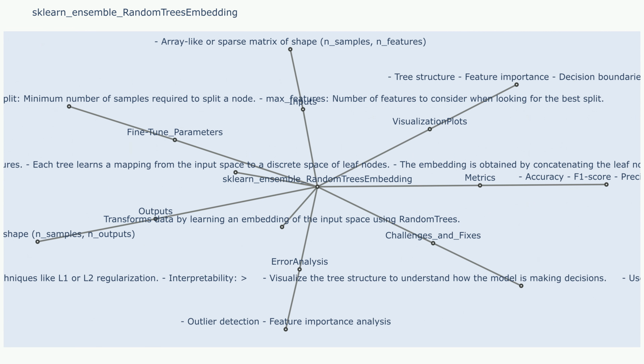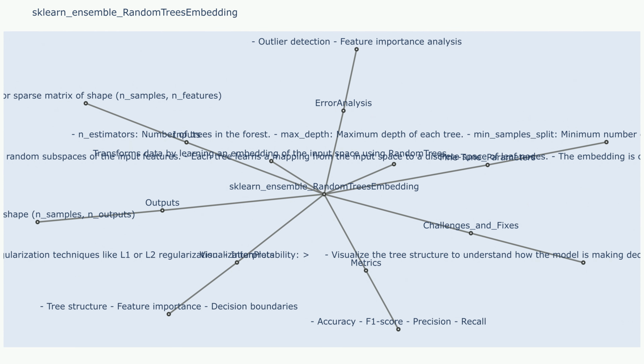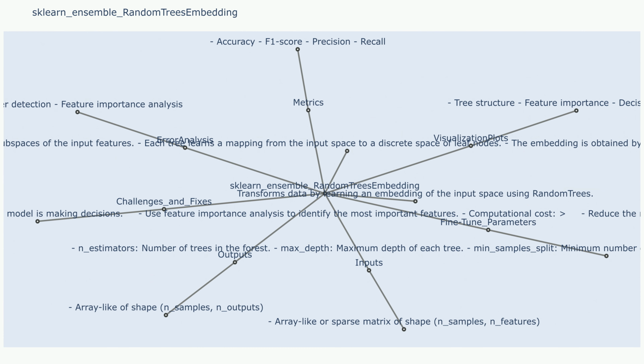Challenge 2. Explain in detail underfitting if the number of trees or the maximum depth of trees is too small. The model may not be able to capture the underlying structure of the data. Sample use case that resulted in challenge 2. A random trees embedding model with a small number of trees and a low maximum depth was trained on a dataset with a complex structure. The model underfitted the data and did not perform well on the test data.